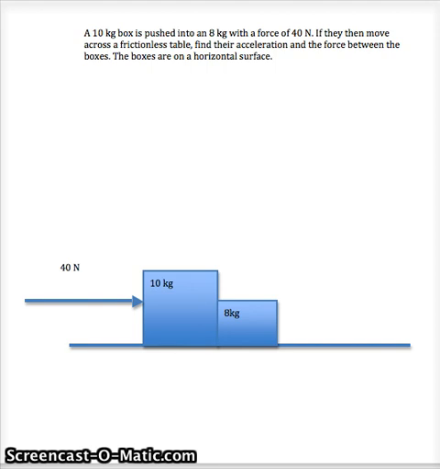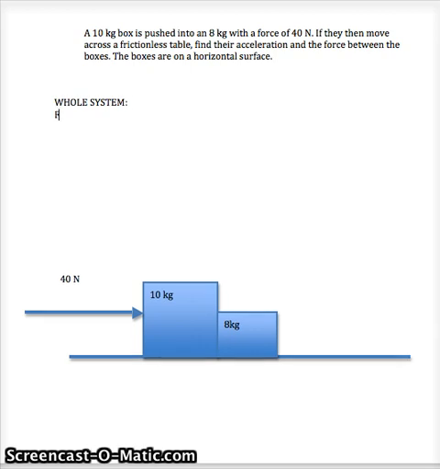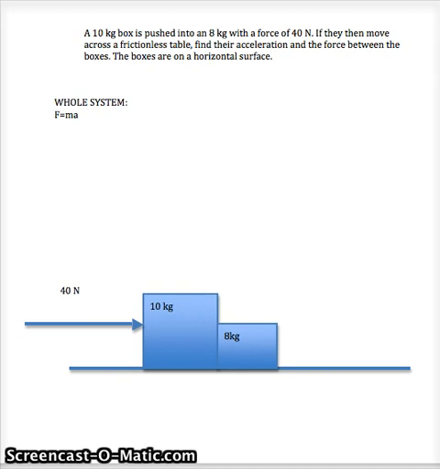So there's the diagram. And the trick to this kind of problem is to see it in two ways. First way is to see it as a whole system. So if you consider the whole system, then you've got a 40 Newton force acting on an 18 kilogram mass. So you don't consider the force in between the two objects. You just consider F equals ma. Now that's the net force equals ma, but in this case there's only one force. And the combined mass is 18 kilograms, so you get 40 equals 18a. And so the acceleration is